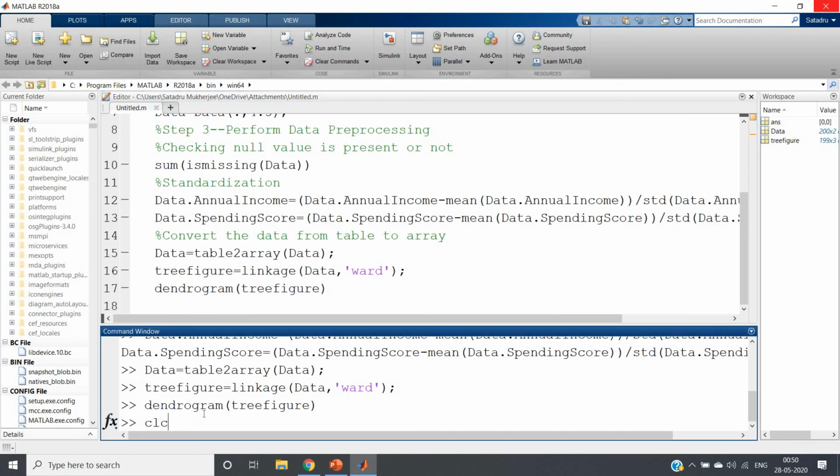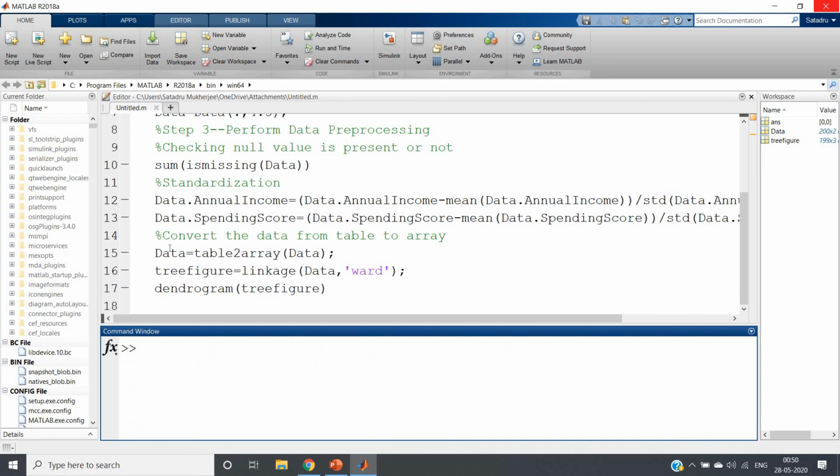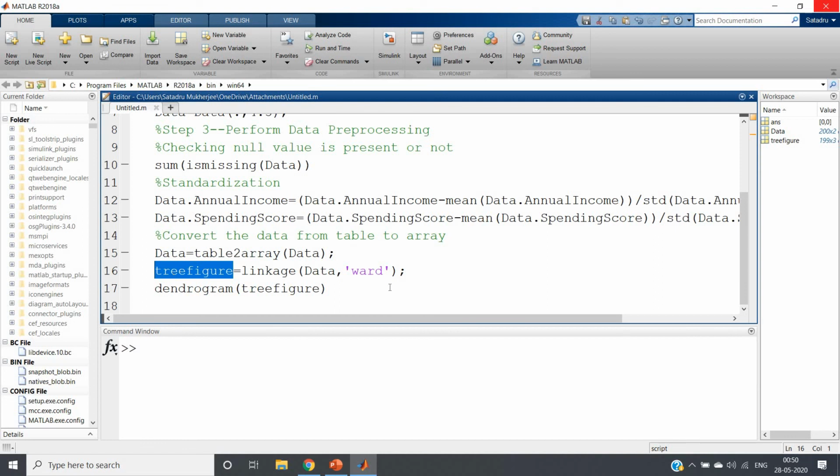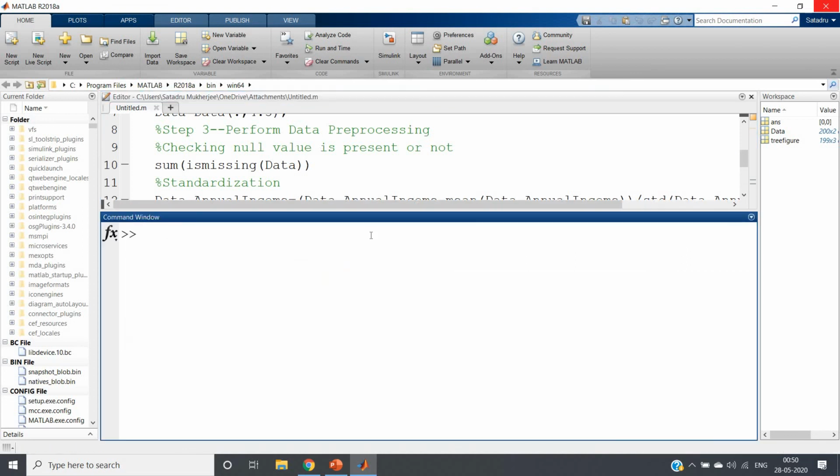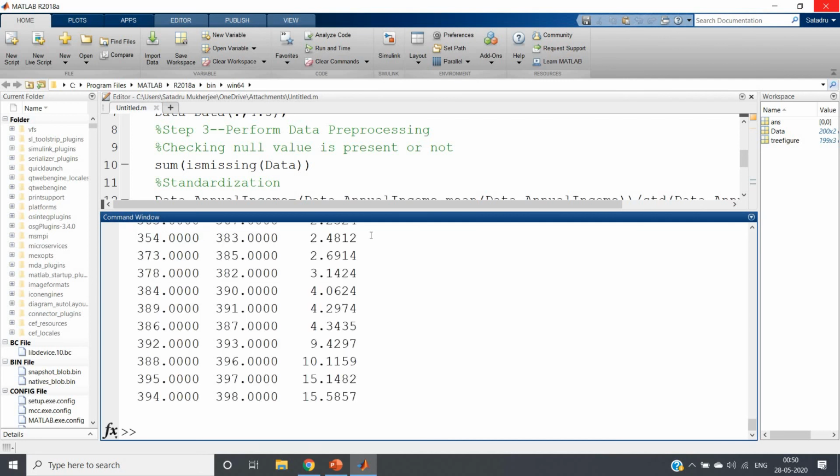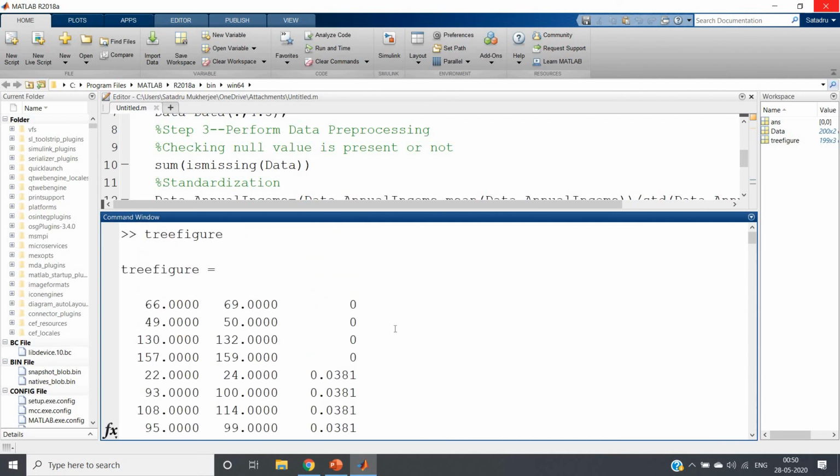And if I clear this, if you want to know about this particular tree figure which we got using the inbuilt linkage function in MATLAB, if I write it and run, we'll be getting 3 columns. The first columns' elements indicate which link is added to which one.